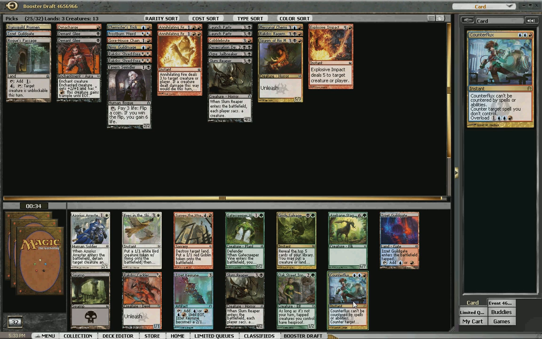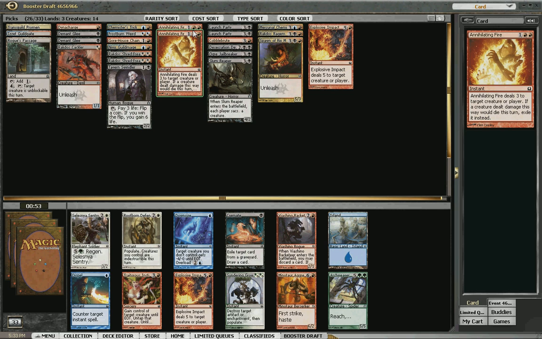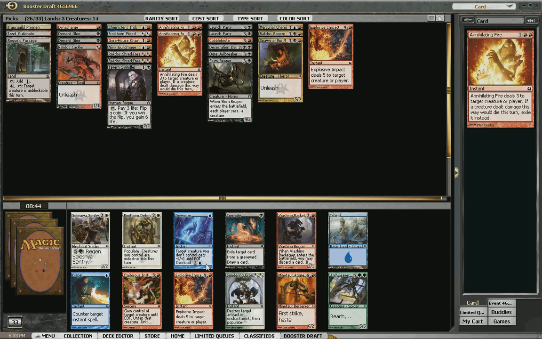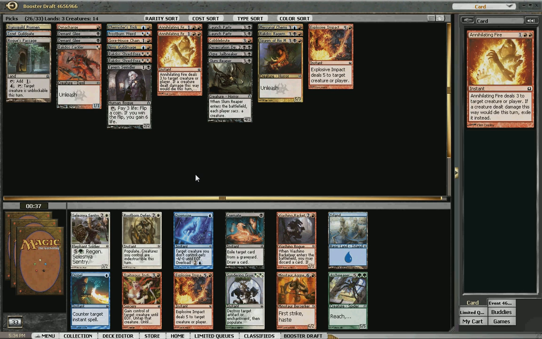Counterflux is not gonna work in our deck. I'm sad we didn't see a Teleportal. So we're kind of screwed on this 3-drop. We don't have many Guildgates. We might have to cut the Jailbreaker. Do we run 2 Explosive Impacts? I like Explosive Impacts. We could put more lands than normal, and